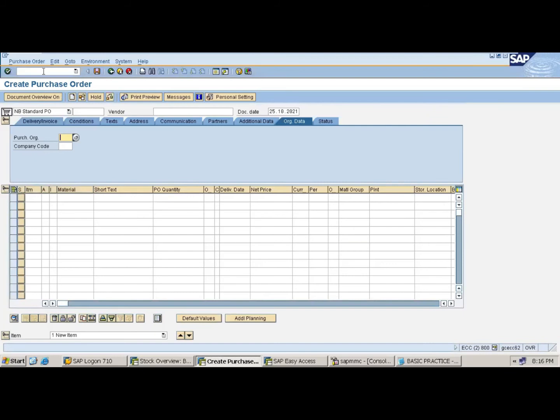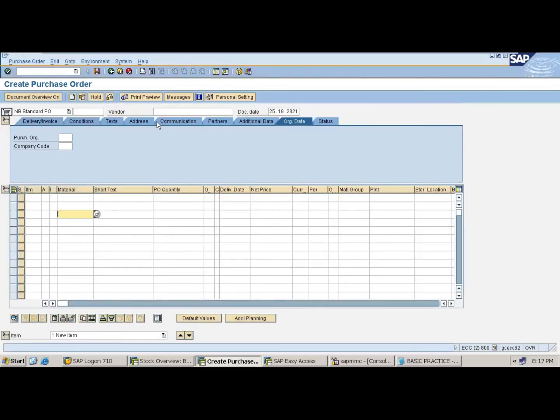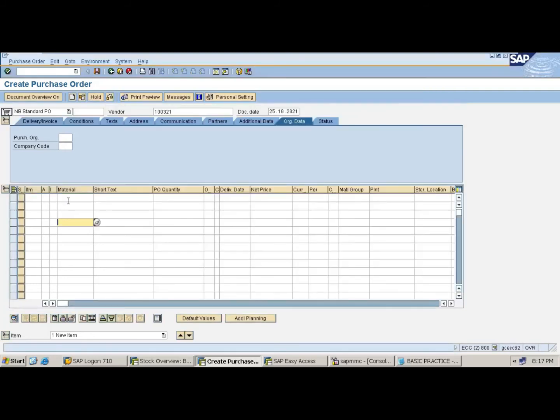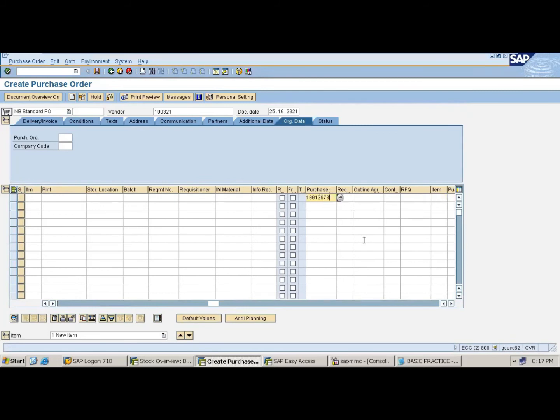Let me check here. First I take the first vendor, 1000321. What's the PR? If you consider the PR, automatically all the details, like material and all, are not required to enter. Correct? So I go for the PR, press enter.